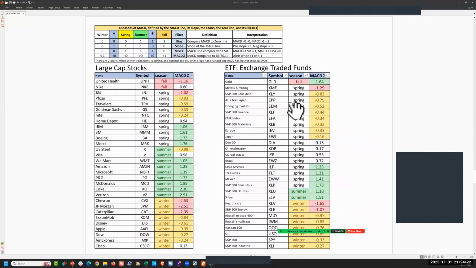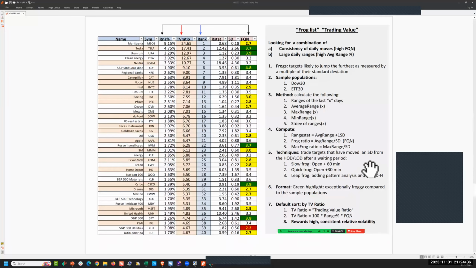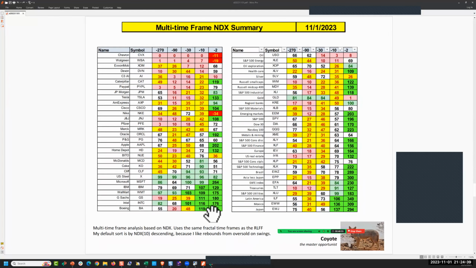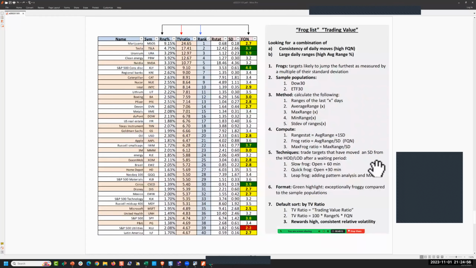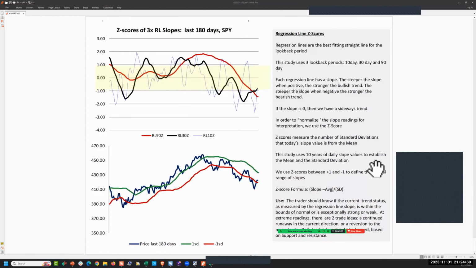Spring is sprung. Summer is where the leaders are. Look at the leaders over here: Walmart, Amazon, Microsoft, McDonald's, Coke. Old school, Main Street, plus some tech. You want to look at the ones that are in the green on the 10-day and 30-day, because that's where the longest term strength is. Intel, Walmart, Microsoft, US Steel, Cliffs. Over here in the ETFs, it's Mexico. Yeah, don't lose sight of the fact that we've gotten,